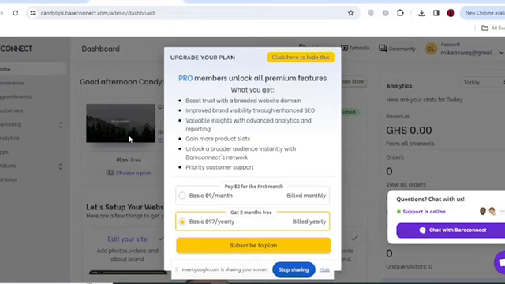Great. So here is the dashboard of your store. This is the dashboard basically, and this pop-up is just letting you know that you have to subscribe. There are a lot of perks you get once you subscribe. As you know, once you subscribe to a plan, you are immediately given access to all the features that Bareconnect